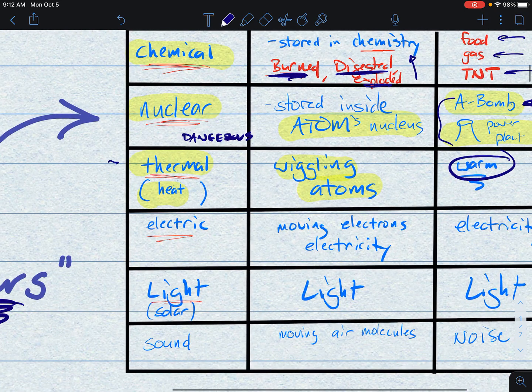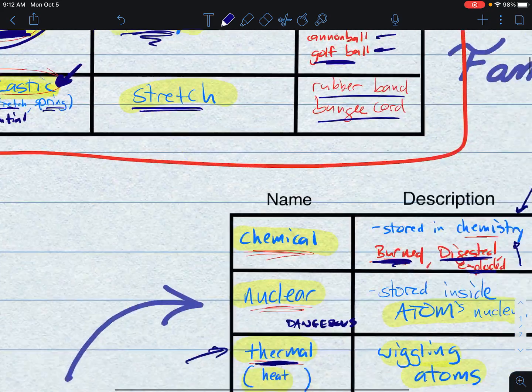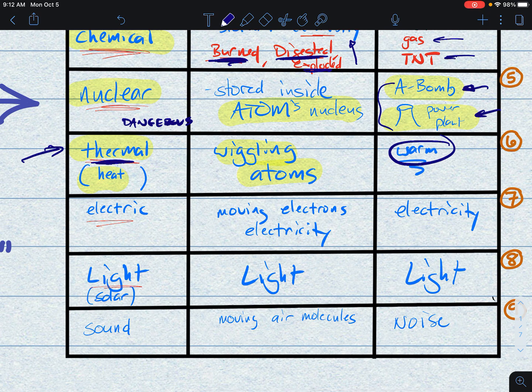And some of you are going to say, well, wait a minute, I can add thermal energy with my hands, and that's true. If you rub your hands together right now, they're going to get warm. But you're not directly adding the thermal energy, you're adding in the kinetic energy of moving your hands, which then the physics of your skin turns into thermal energy by getting those atoms wiggling.